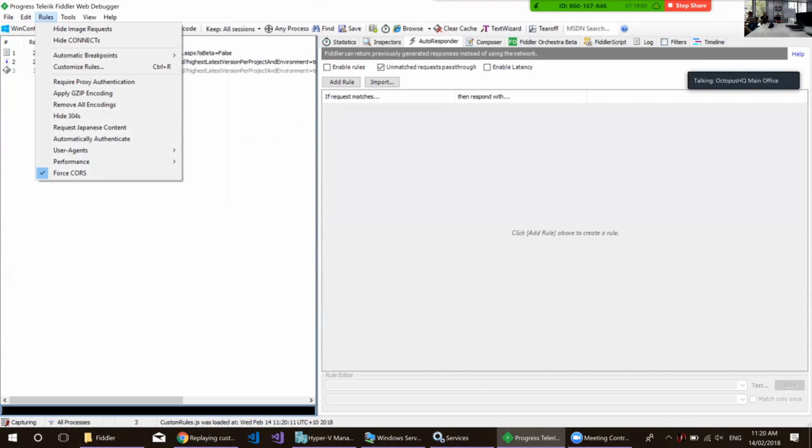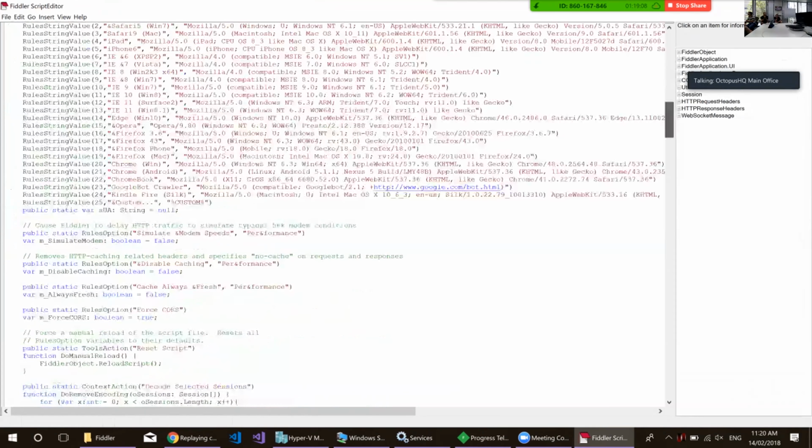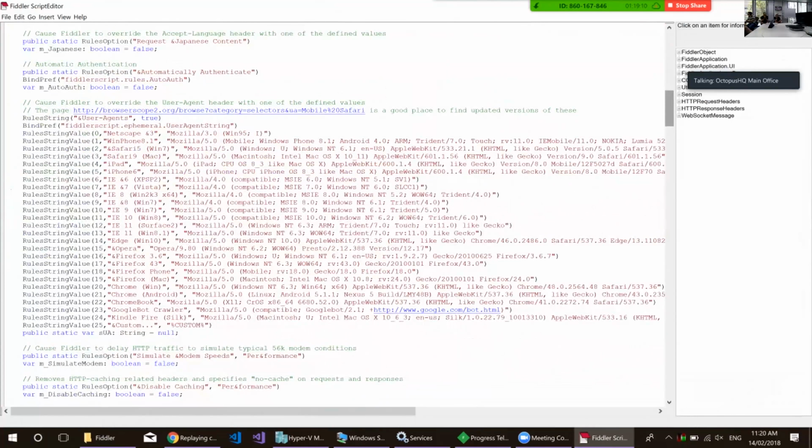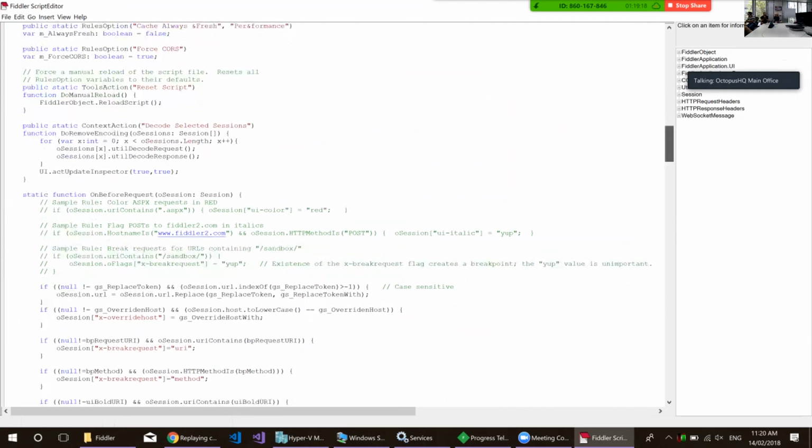The rules in Fiddler all live in a big script, I think it's C#, that it runs when stuff happens. I honestly don't know that much about it. I just know that I found a gist that said, if you do this, it works. Basically, there's a bit of code down here